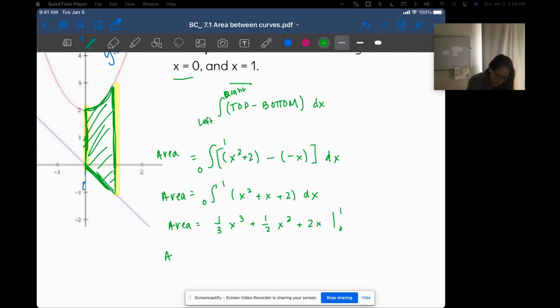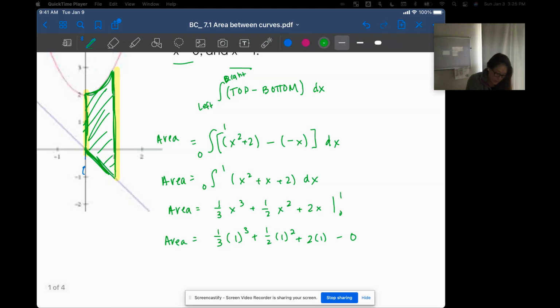So I get an area is equal to 1/3 times 1 cubed plus 1/2 times 1 squared plus 2 times 1